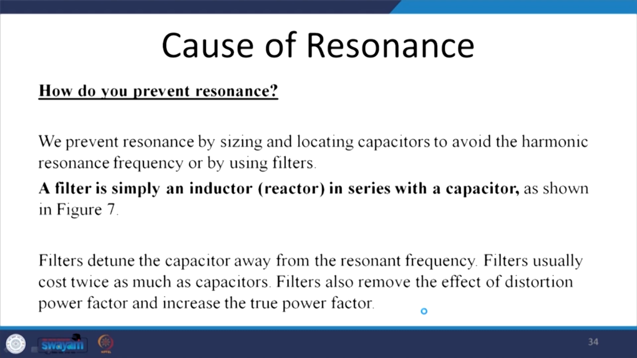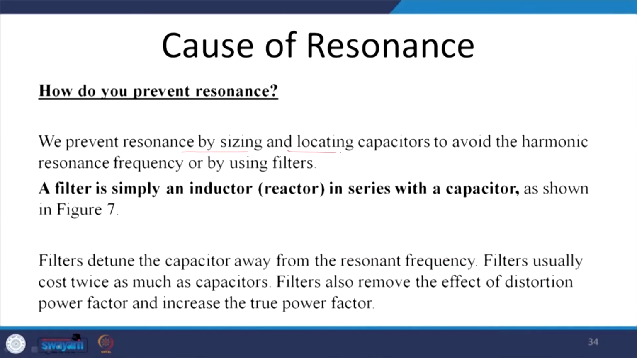One, we should calculate the leakage reactance, but leakage reactance is also a function of current. So, there will be a different leakage reactance of the inductor at the different ratings of the transformer, because you have not physically inserted the inductor there. So, we prevent the resonance by sizing and locating the capacitor to avoid the harmonic resonance frequency by using a